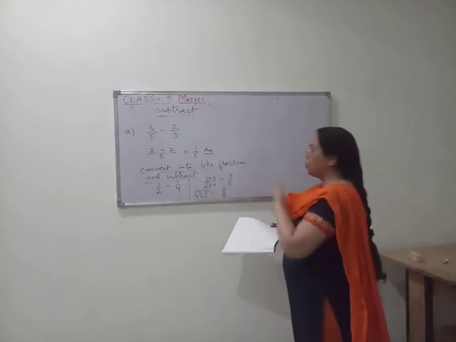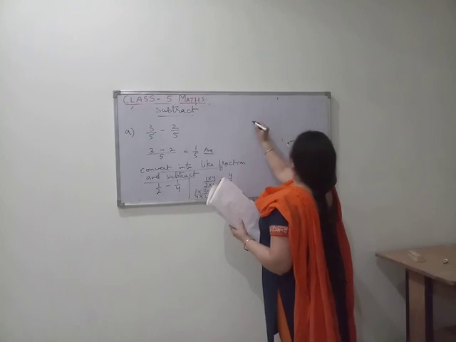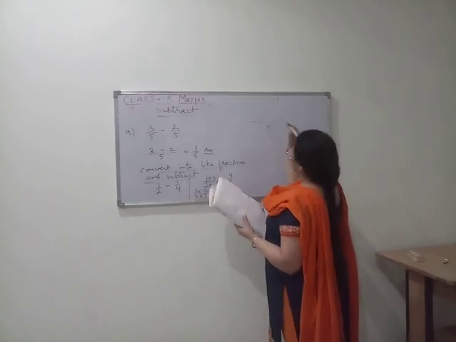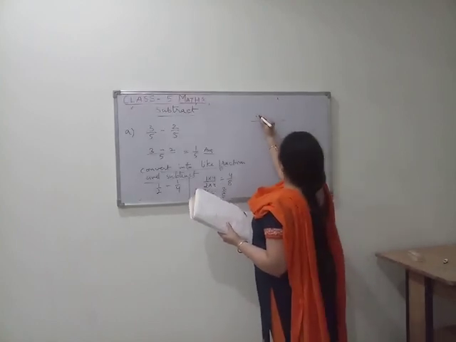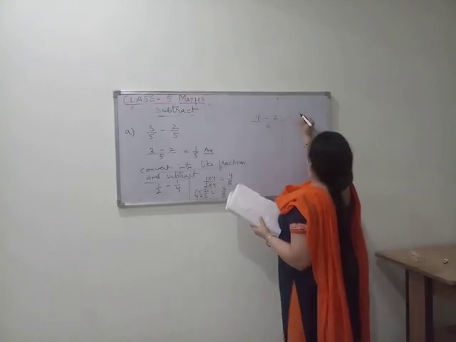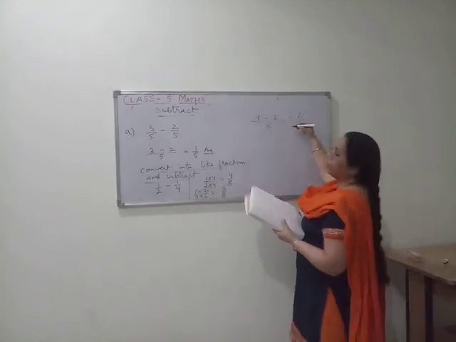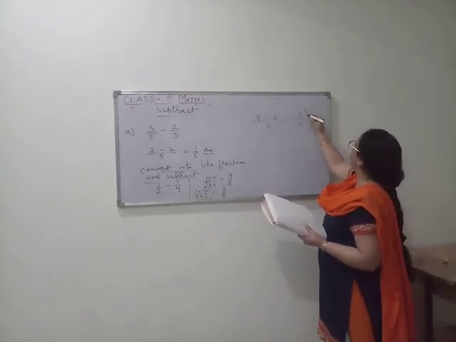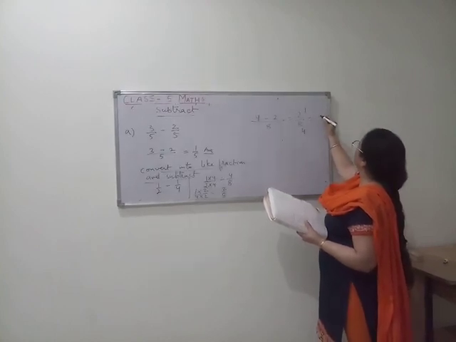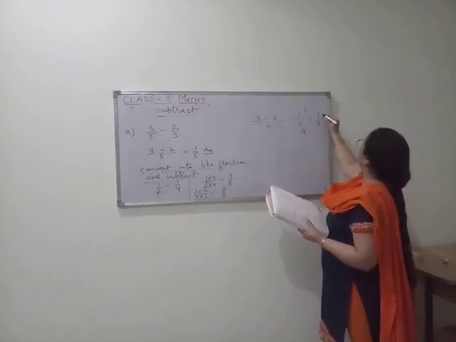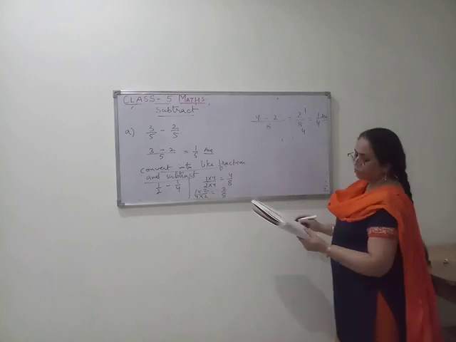Now we have got these two, and we will take out the LCM, which is 8. This is 4 minus 2, that is equal to 2 upon 8. We can reduce the fraction. 2 ones are 2, 2 fours are 8. That is equal to 1 upon 4, which will be your answer.